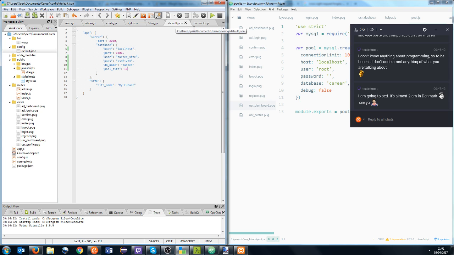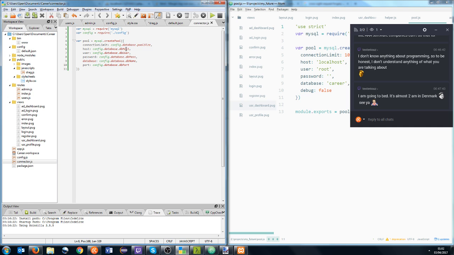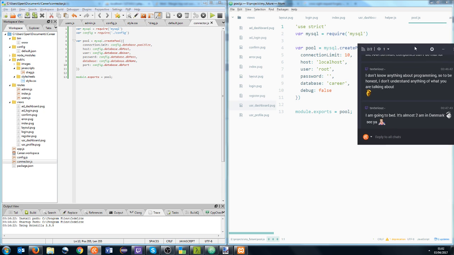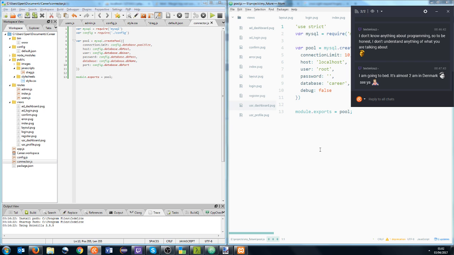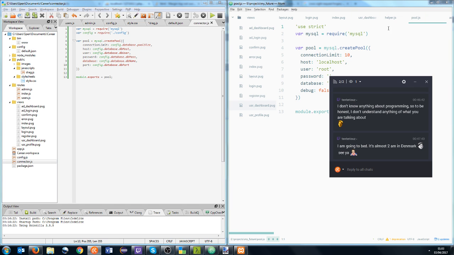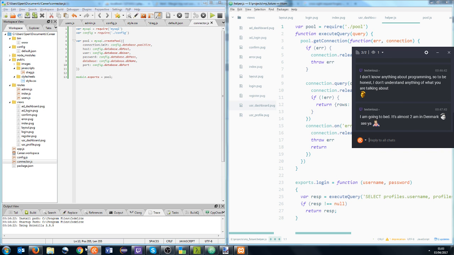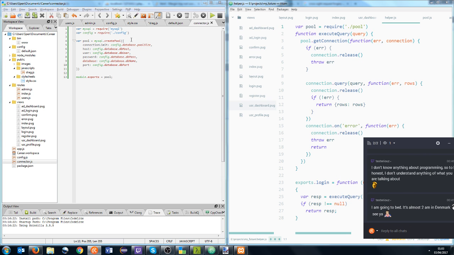One, two, three, four, five, six. Yep, cool. Module.exports. Make sure that's correct. Yep, that's correct. So we've now got our connector, and we have our helper file here somewhere. There we go. So let's